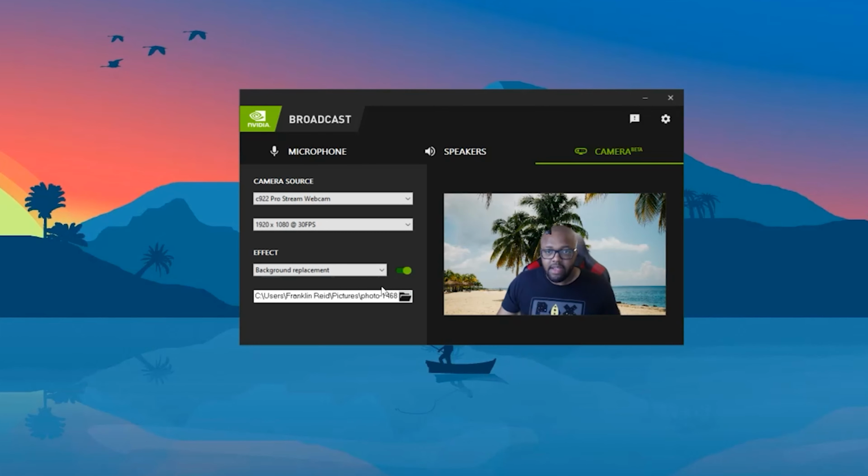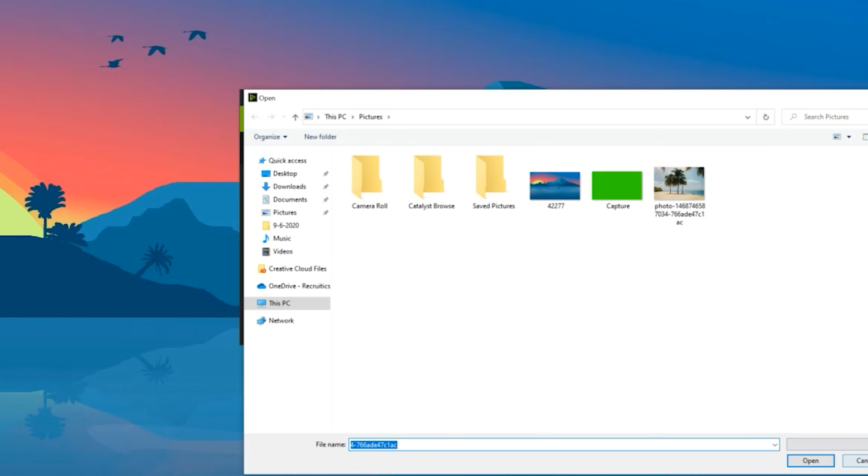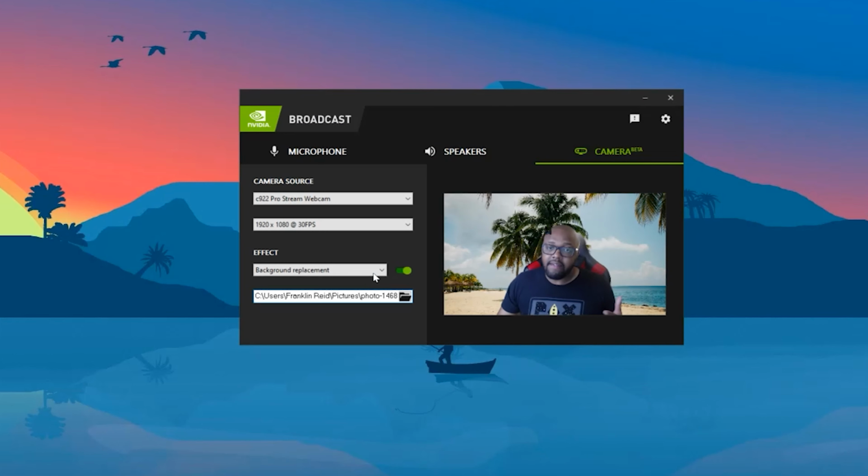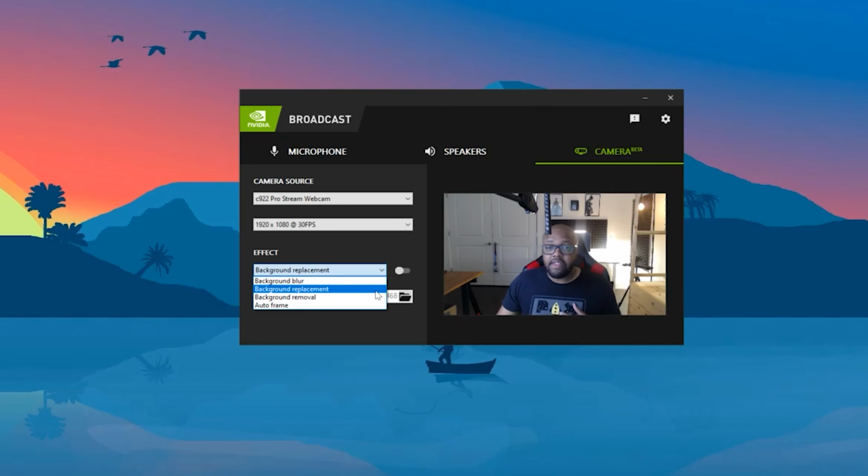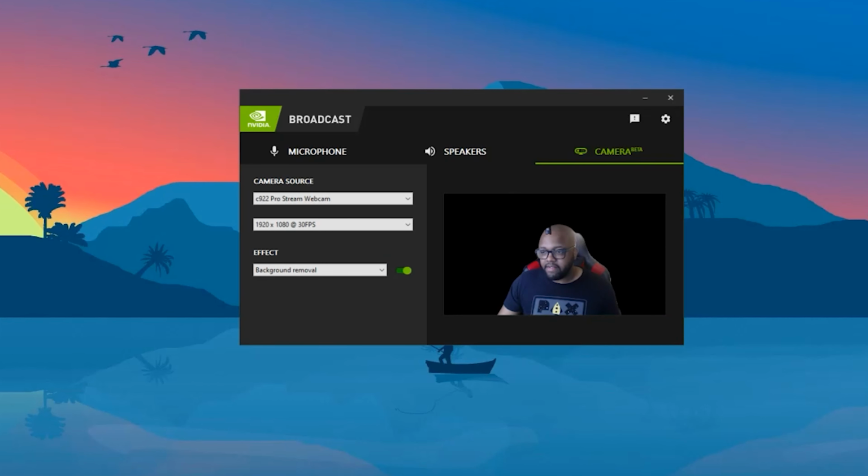applications such as Zoom. Now, I do have the ability to go ahead down here and actually select a different icon or a different picture if I wanted to use for a background replacement. So you do have that ability as well, but I'm going to go ahead and stick with this vacation one. And then you have the ability to completely remove your background. So if I wanted to go for a background that's literally just very plain and black,